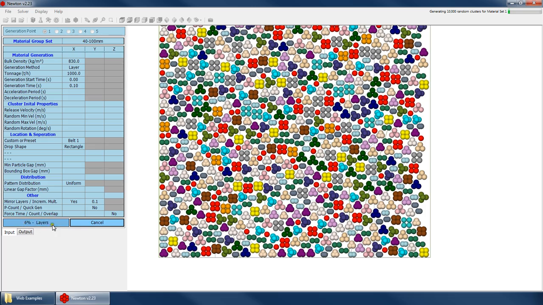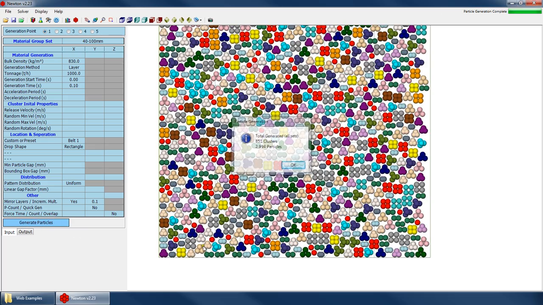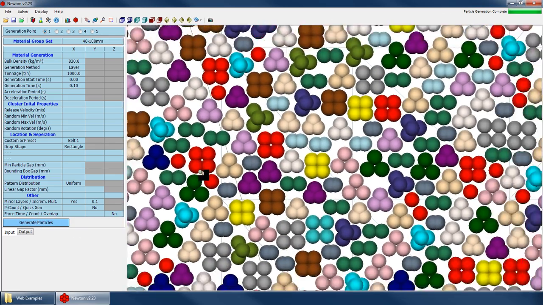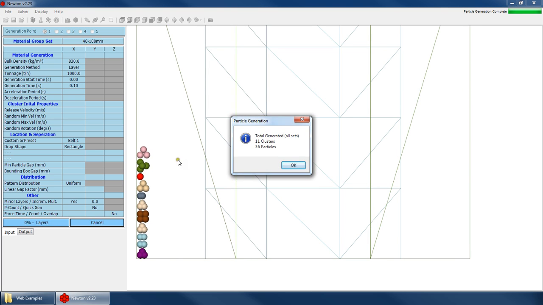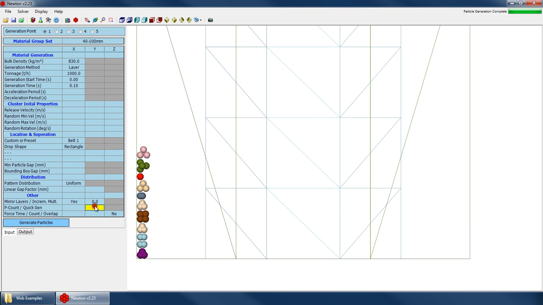see, it's taken way longer to generate this layer. But now these particles are even closer together than they were. If I said 0.01, now that's going to take about 10 times as long to generate just this single layer. Look at that, that's as far as it got in that 5 seconds. So you generally never need to set that smaller than 1, but if you want to increase the speed,